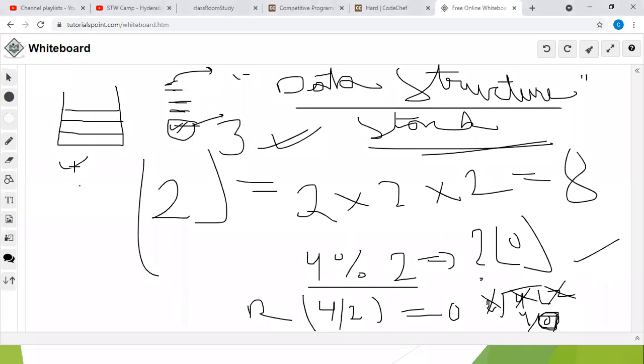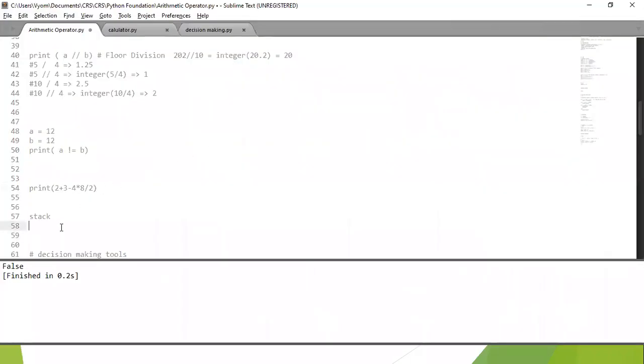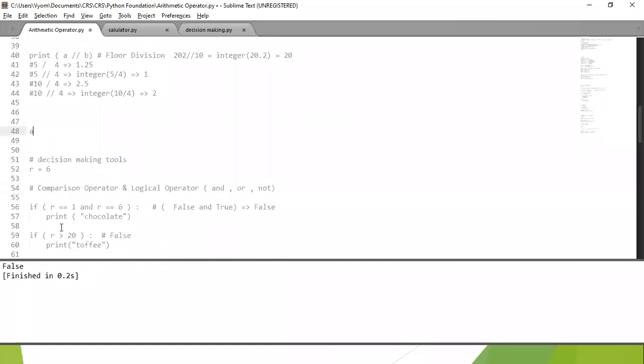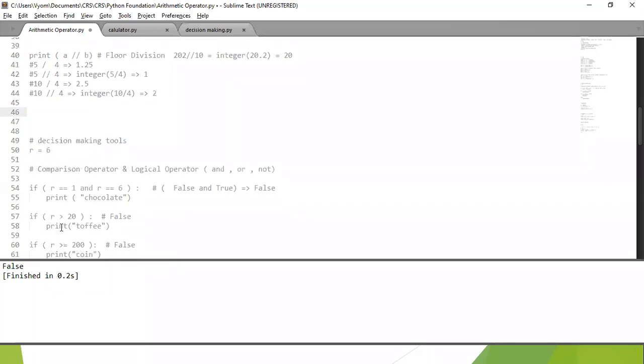Okay, so this is how you can implement it. You can read about this. You'll find a lot of content around this. Fine, let's move on. Stack, S-T-A-C-K, stack. You can read about queues as well. When you're reading about stack, read about queues as well. Stack and queue, these are two data structures. Okay, guys, if you have understood these,